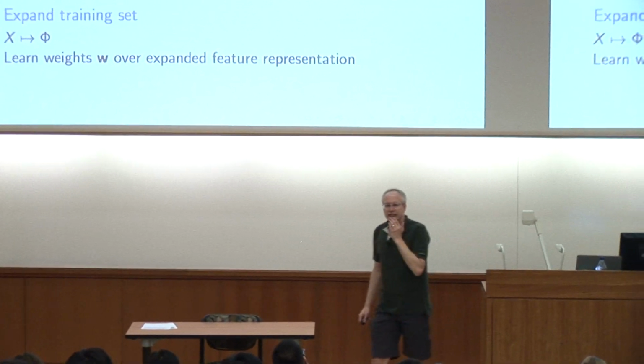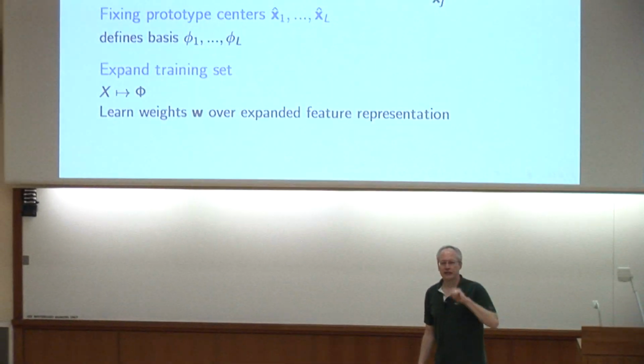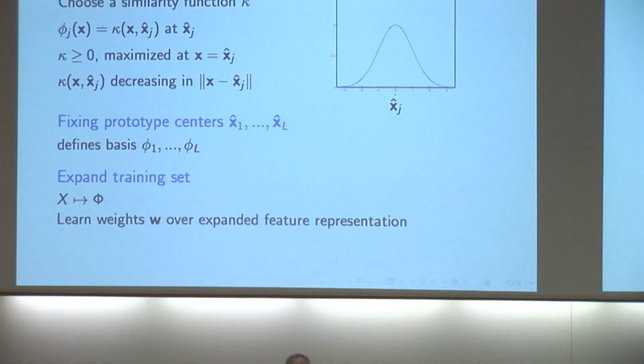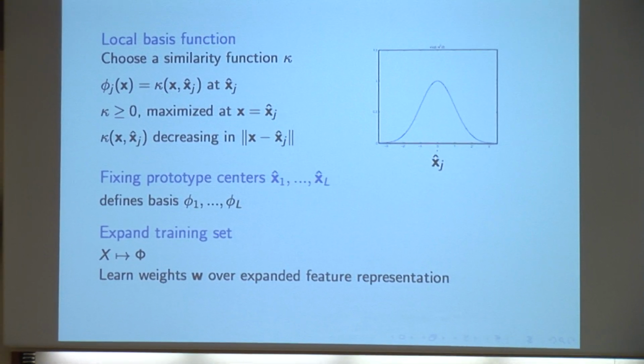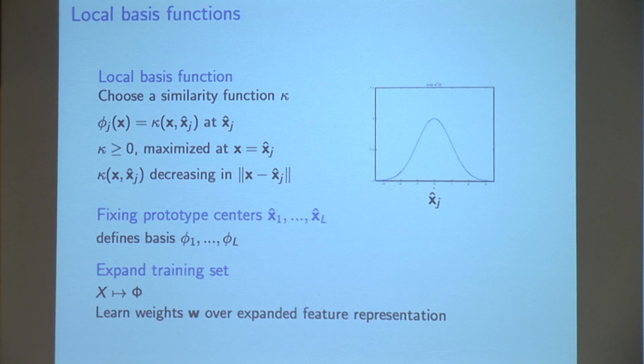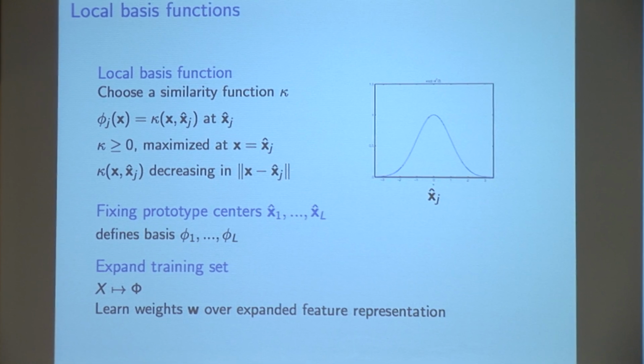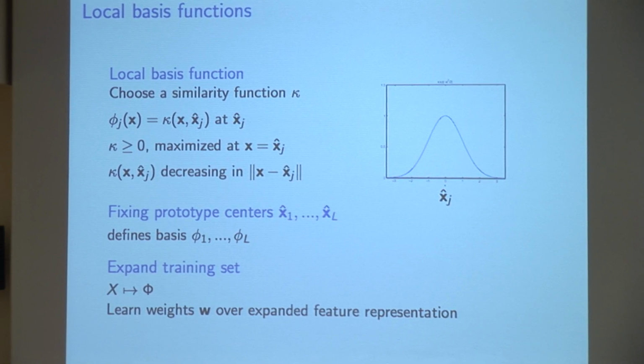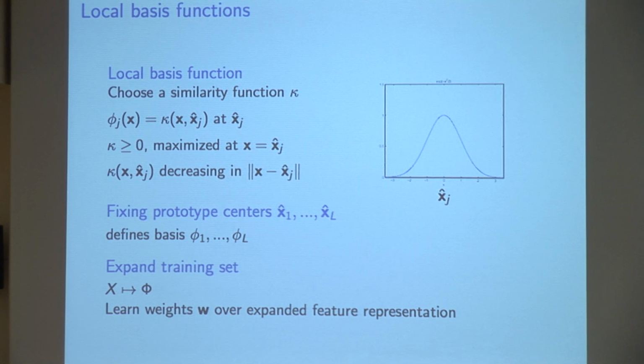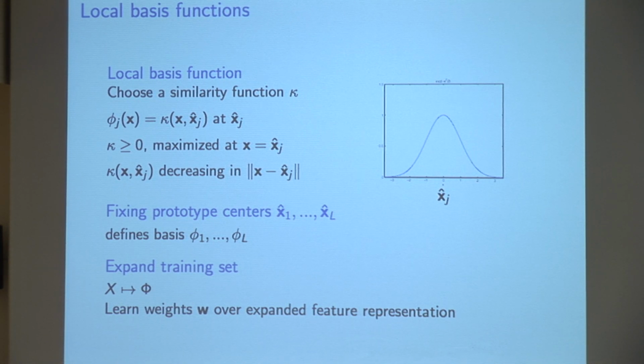Sort of last idea, last idea generally for feature expansions captures another family of approaches, which I just call local basis functions or similarity-based approaches. So another way to have nonlinear re-representations of data is to reconceive of the data points, say the x vectors that you're seeing, in terms of their relationship to each other, almost like in a network.